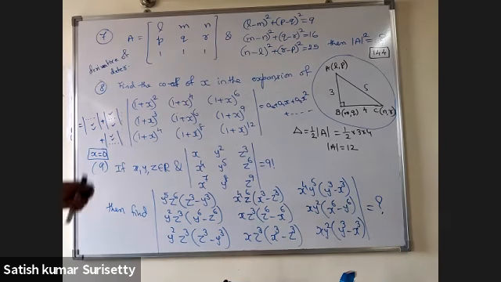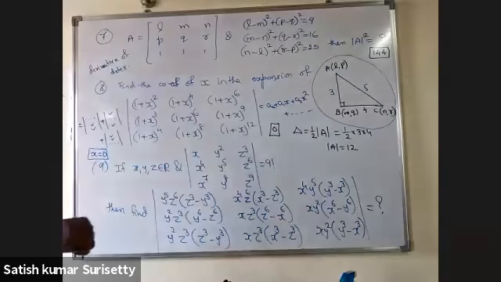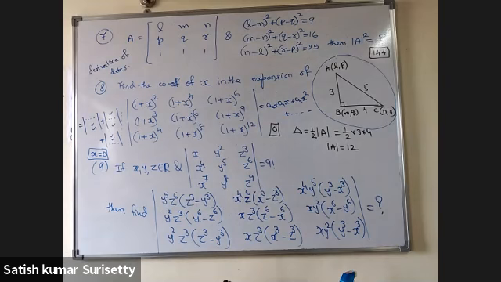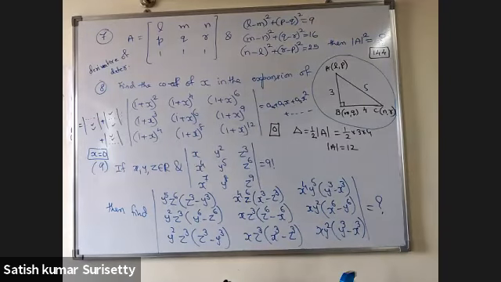0. Yes, sir, 0. Correct. The answer is 0 only. Sir, if we directly simplify, then also we find that there is no x term in this expression. If you are able to simplify, it is correct. Otherwise, there is a procedure. Sir, it is coming x cube into (1 plus x) whole power 16 into (x plus 2). So there is no x term, so it will be 0. Correct. That way also you can conclude.